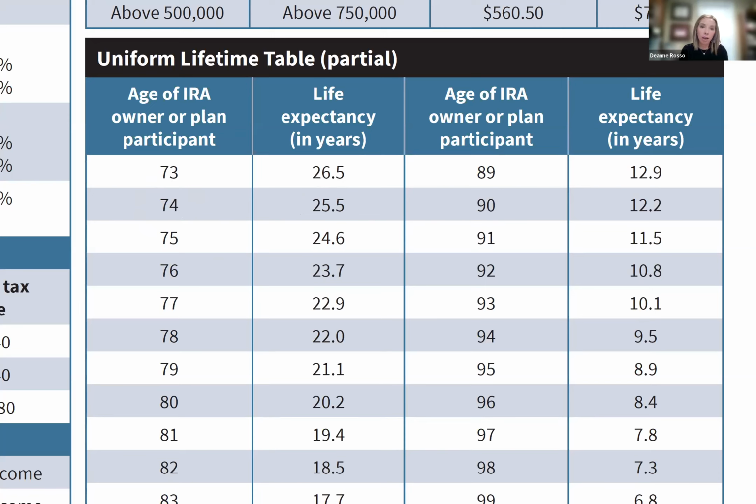One thing that didn't change in Secure Act 1.0 or 2.0 is the age at which you can make qualified charitable distributions. The QCD is when you take what your RMD, your required distribution, would be, or part of it, and you don't have to do all of it, and you give it directly to charity, and you're able to do that without taxes. That's the only way that you can really remove IRA assets without paying any taxes. And you can do that starting at age 70 and a half still. So that age didn't change.